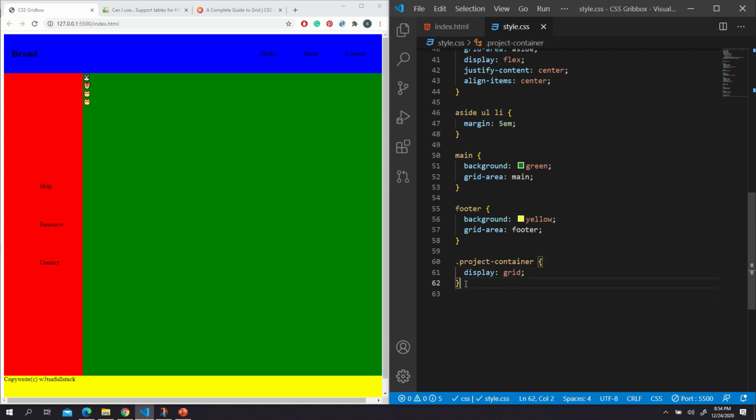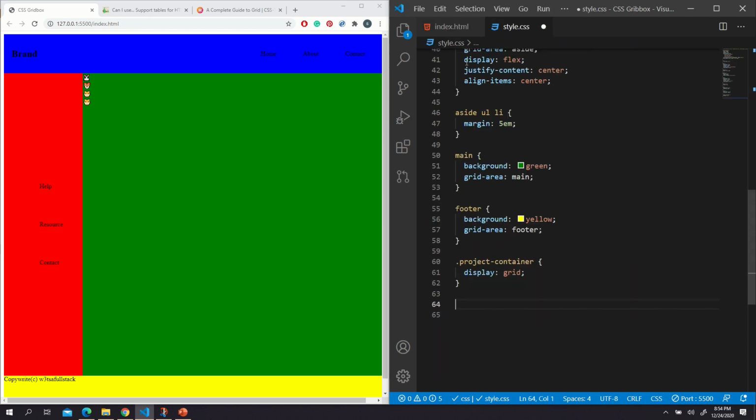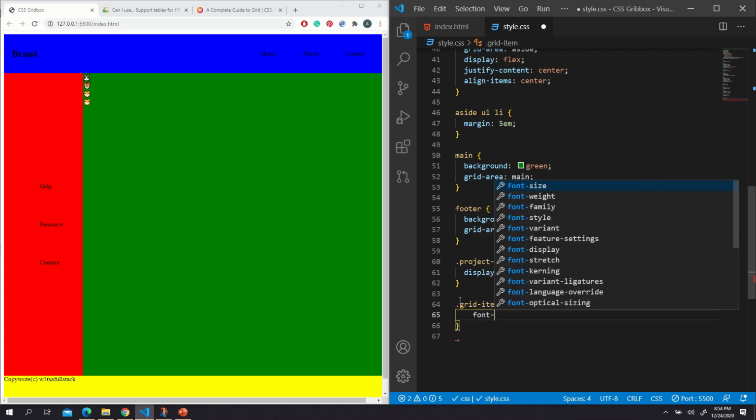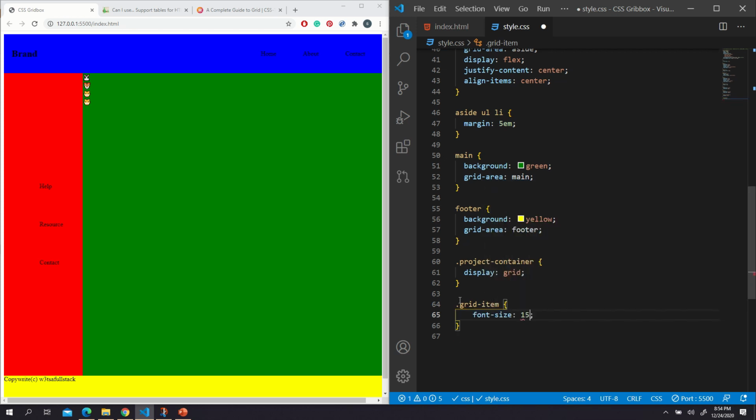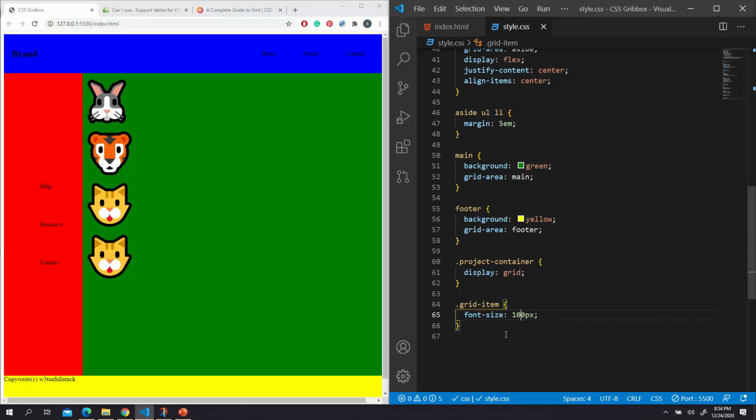Let's give it a display of grid, and also I have a class here, grid item, project grid item 1. In fact, let's just grab this class because I want to make it bigger. It's too small right now, so I'm going to say font size 150 pixels. Save it. Okay, now it's good. What about 100 pixels? Okay, that's good. And here with the display grid, I can also do